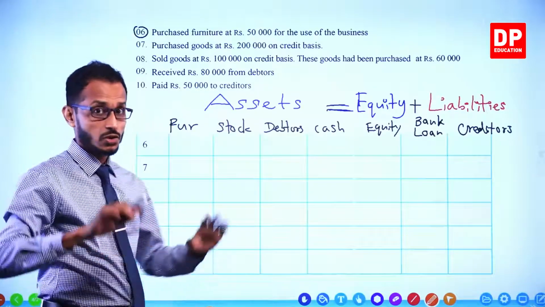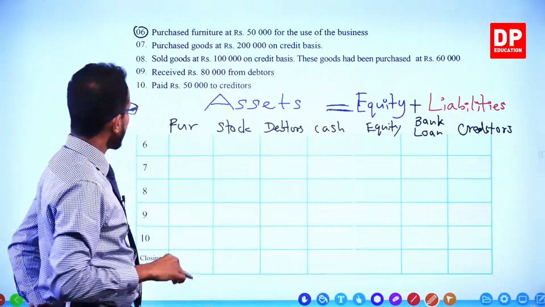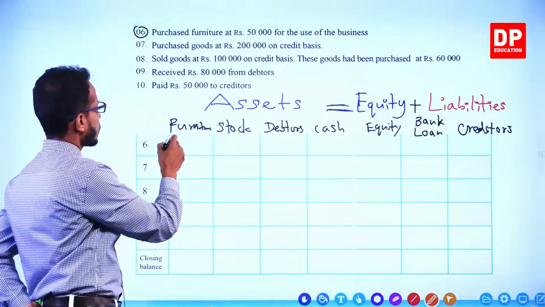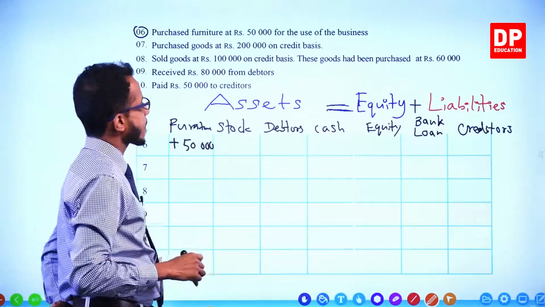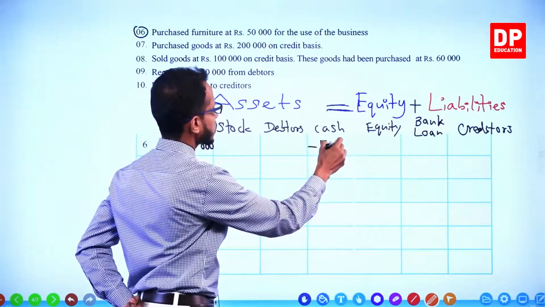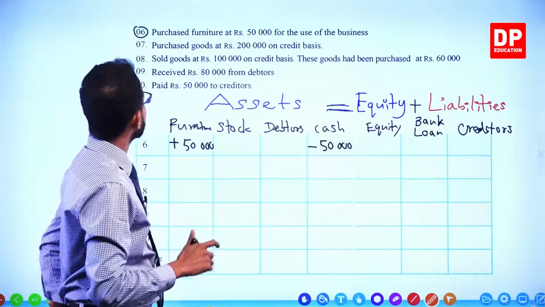So let's finish it off, okay? Purchased furniture 50,000. Furniture comes in, so furniture plus 50,000, and cash decreases, so minus 50,000. Right. Seventh,